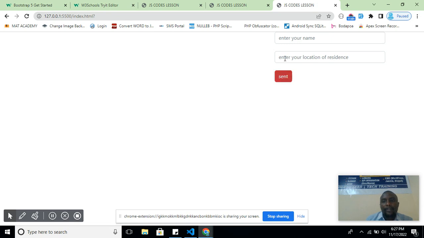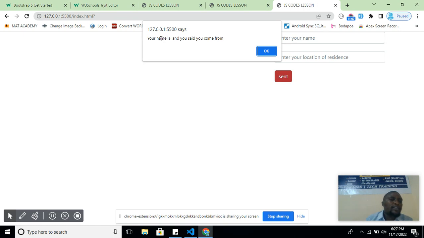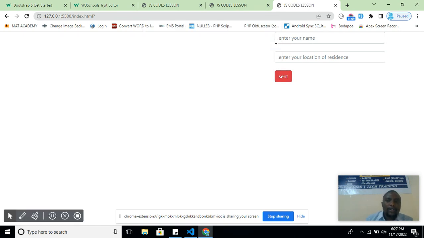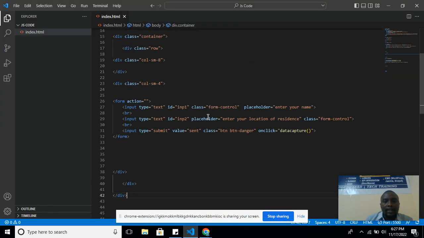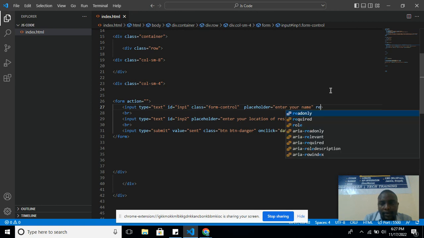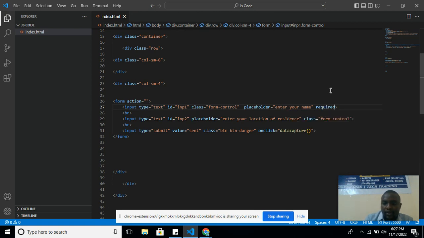Now, sometimes you may find that we have not validated our application. So if you click send, of course, it is also picking nothing. So what you can do, there are two ways we can do. We can take advantage of HTML validation that is inbuilt and just include something like required. Required equals required. That means anytime somebody clicks before typing, then we expect this form